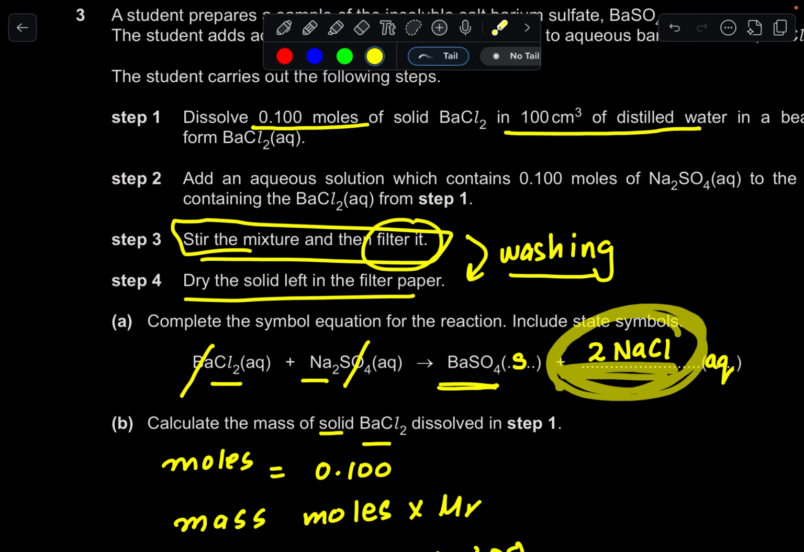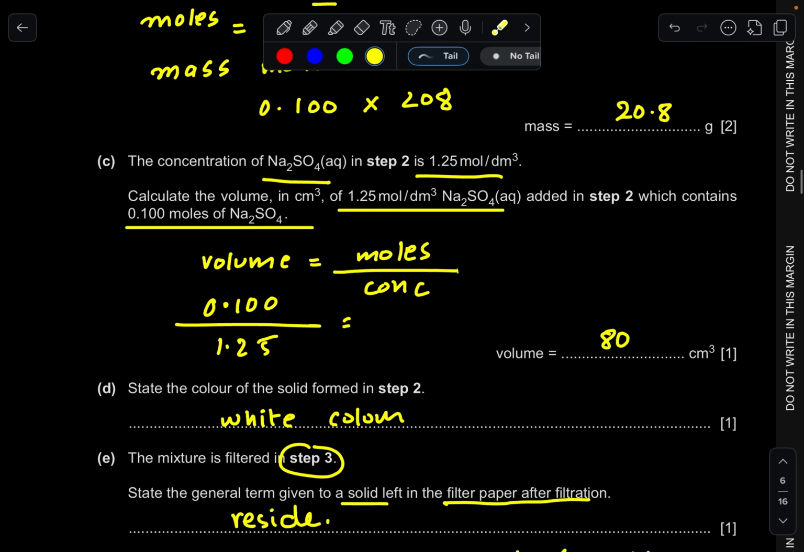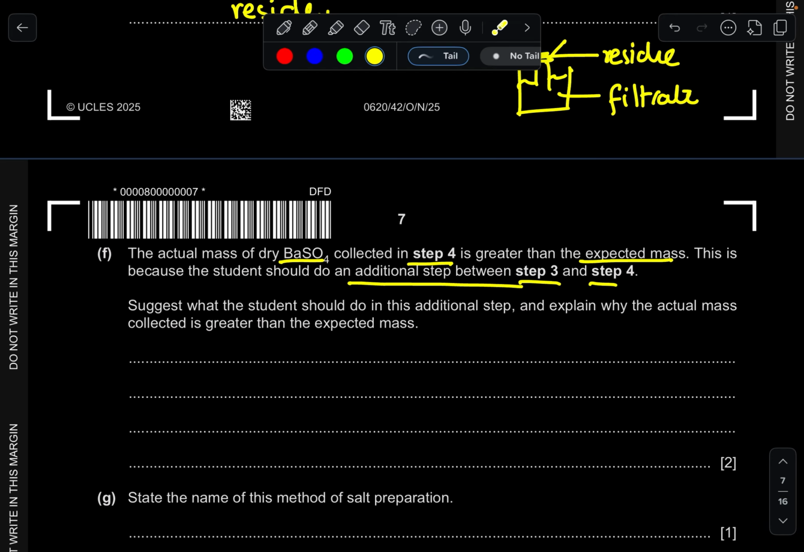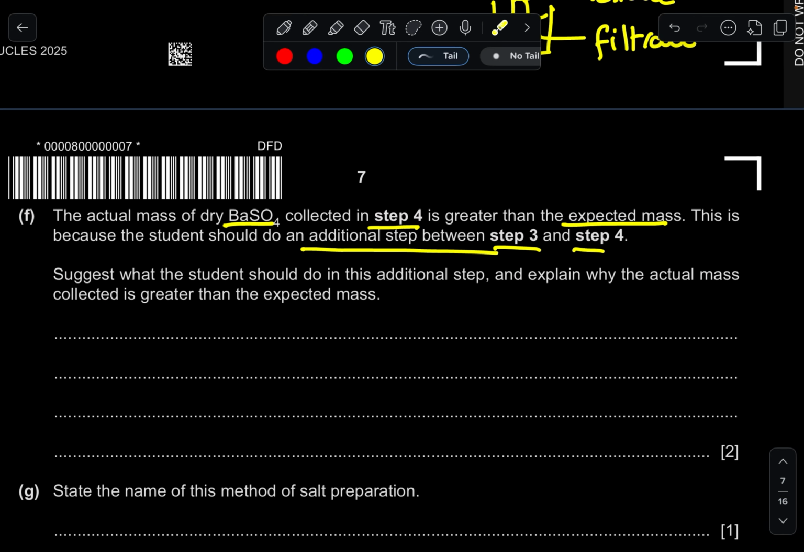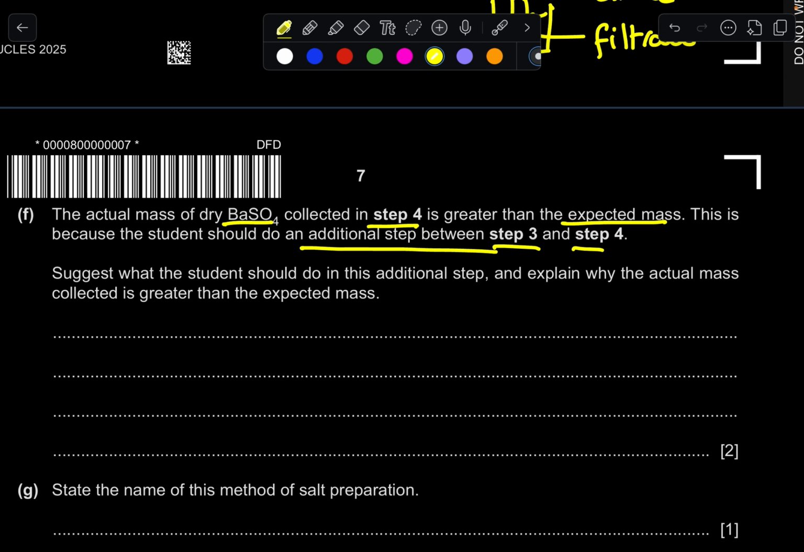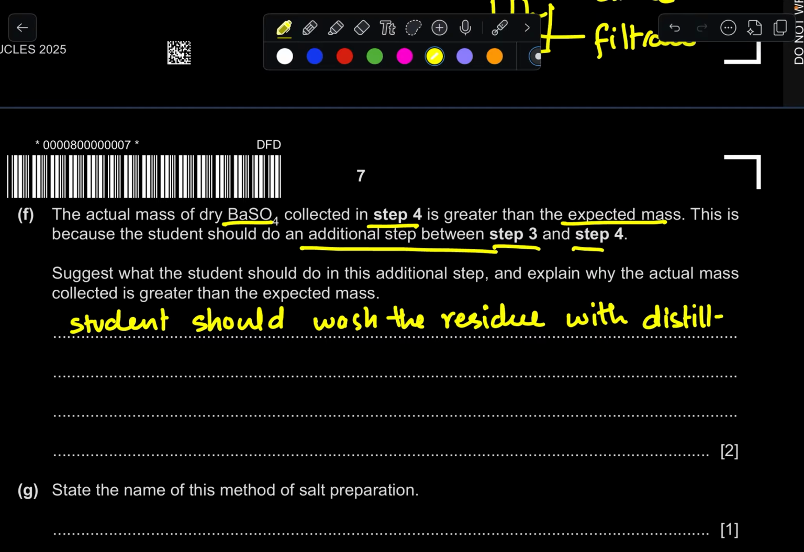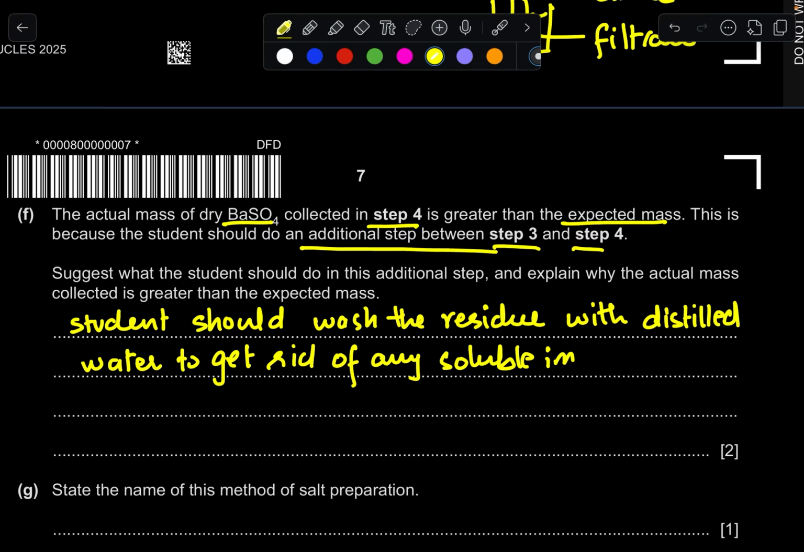So there's going to be some NaCl on the barium sulfate, the soluble salt, and that's going to make it impure. So he forgot to wash it. Suggest what the student should do in this additional step and explain why the actual mass collected is greater than the expected mass. So we're going to tell that the student should wash the residue with distilled water to get rid of any soluble impurities